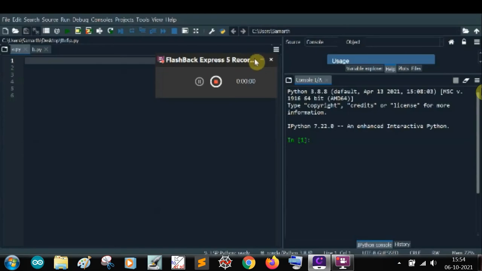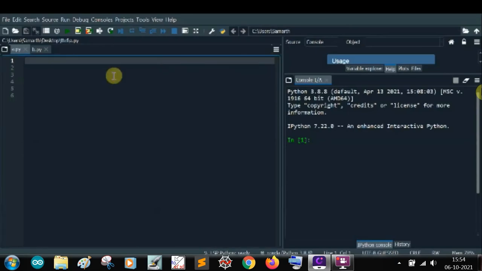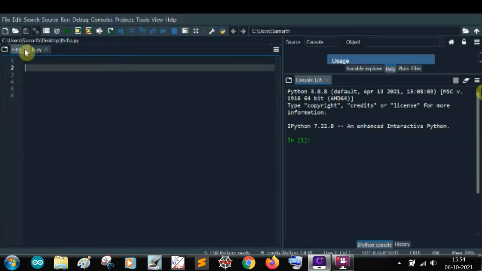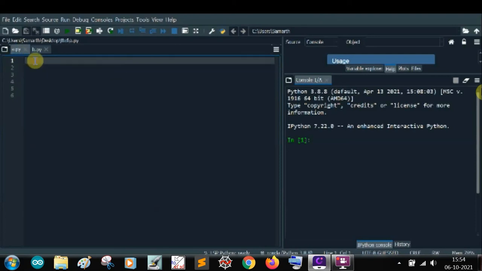So here we have two files, A and B. Let's define a function first. The syntax is def and the function name. Let's give the function name add, okay. Then there's a colon here. Now inside this you have to give the things which you want inside your function, like if you require a list or a string from the user. So here we'll write L, for list.